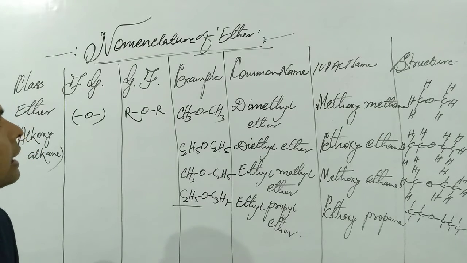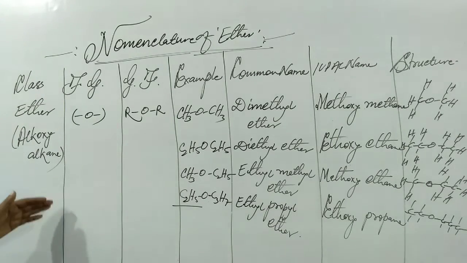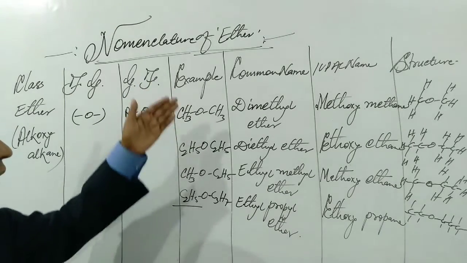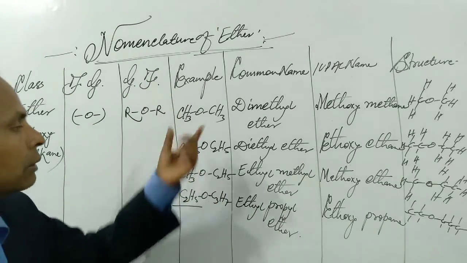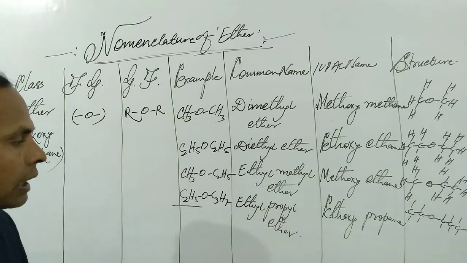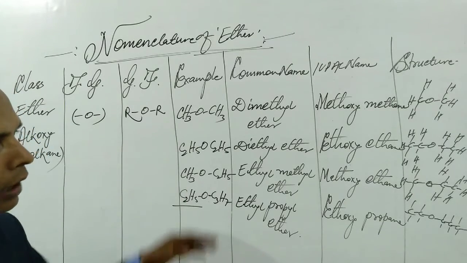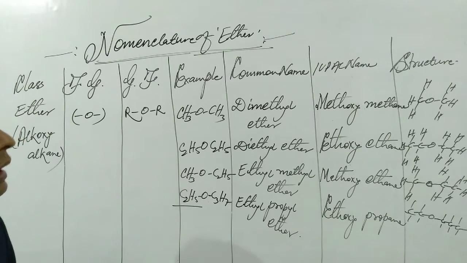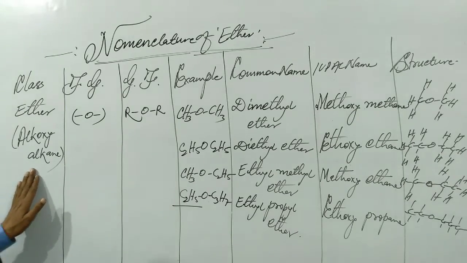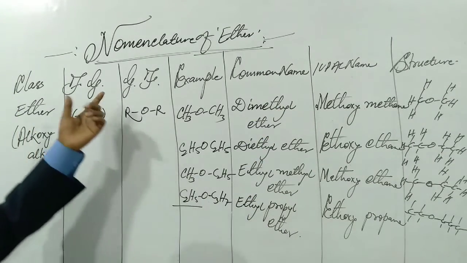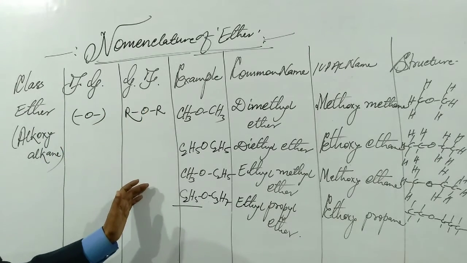So we see that in this regard, we have to name different compounds of ether, and ether is the class name, and these are members of this class like dimethyl ether, diethyl ether, dipropyl ether, methyl propyl ether. These all are different members of the class ether. So here the class name is given, and for the whole class the IUPAC name will be alkoxyalkane that we have to use in this column. And FG for functional group, GF for general formula.